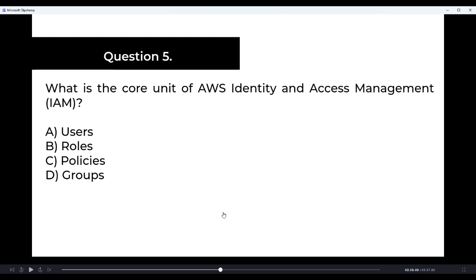Let's move on to question number 5, which is: what is the core unit of AWS Identity and Access Management? So it is asking about the core component of AWS Identity and Access Management. We know that in AWS IAM we have users, roles, policies, groups. These are different components. But if you talk about the core unit, which is one of the crucial parts of it in itself, is